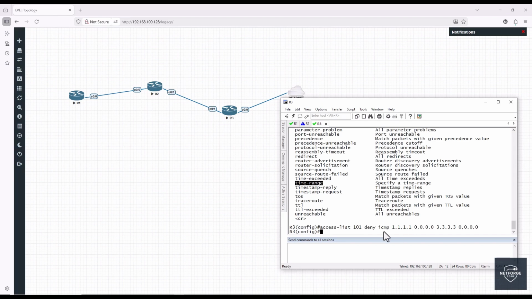So what does it say? It says that, first of all, the access list number is 101. This is the name, actually. I'm denying, and I'm denying just ICMP traffic, not any other type of traffic. And this is from 1.1.1.1, that's the source, and to 3.3.3.3, that's the destination. Now, I don't want to have implicit deny in the end. If I do not write anything more than this, any type of traffic is going to be denied,